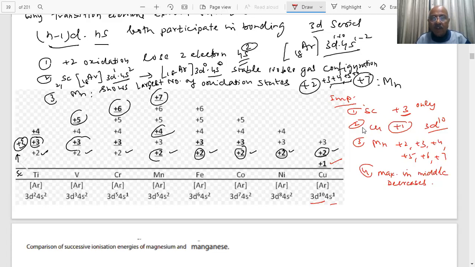One more important point: once you reach the highest oxidation state, +7, it can come to a lower oxidation state only. That means it can gain electrons; it cannot lose any more. If it gains electrons, it undergoes reduction, so it becomes an oxidizing agent. Mn +7 is a powerful oxidizing agent. Potassium permanganate is a strong oxidizing agent in chemistry, because from +7 it can go to +4, and then to +2.